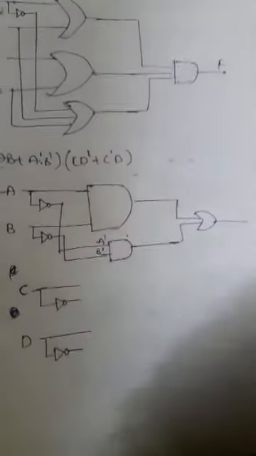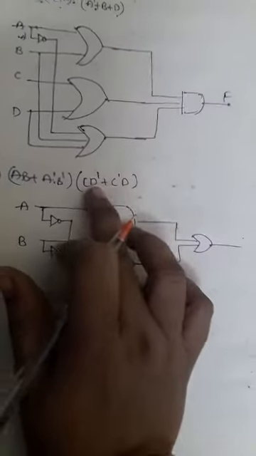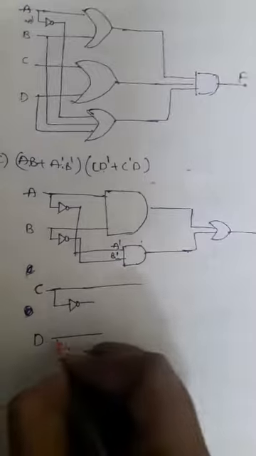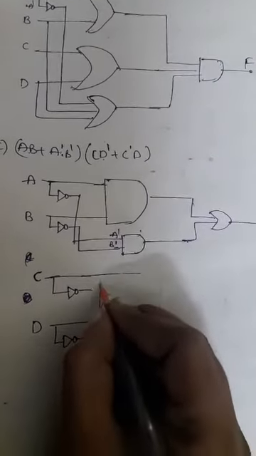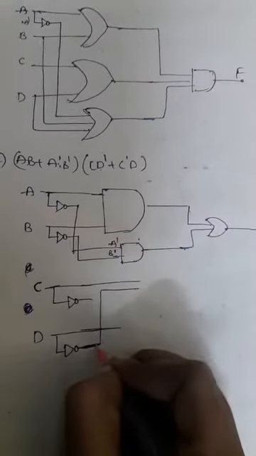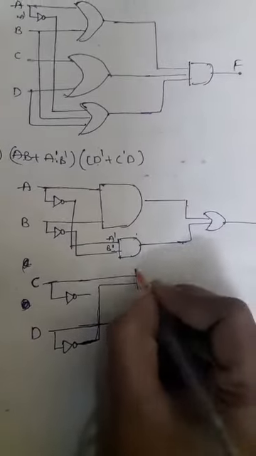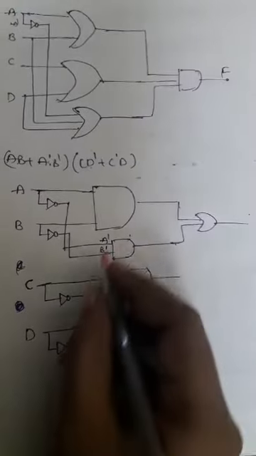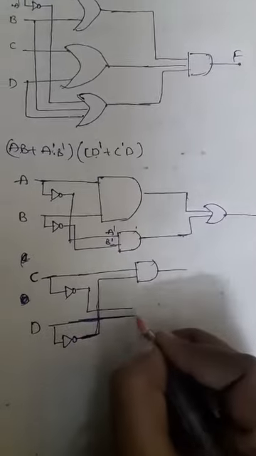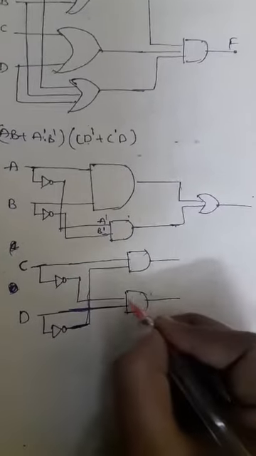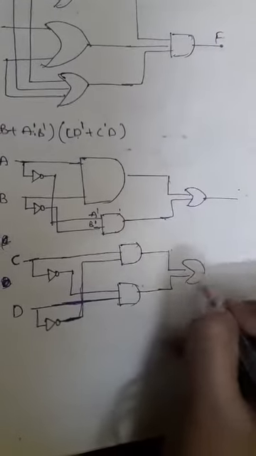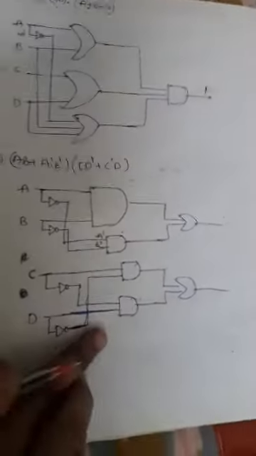Why I am applying the complement is that in between these two terms we'll have the complement and normal forms of these two variables. So the first one is C and D complement. That's why I can take it here. C and D complement. Okay, this is the D complement I can take. So here C and D complement will have the AND operator, and the next one is C complement and D. This is the normal D now. So in between these two also we'll have the AND gate. From these two we'll have which operator? The OR operator. So this is the first term and this is the second term.